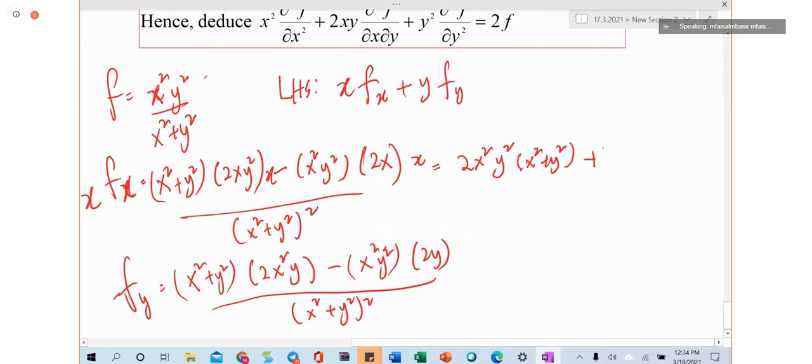Plus, sorry, minus 2x squared times x squared y squared, which means 2x to the power 4, right? Check if I am wrong. Over